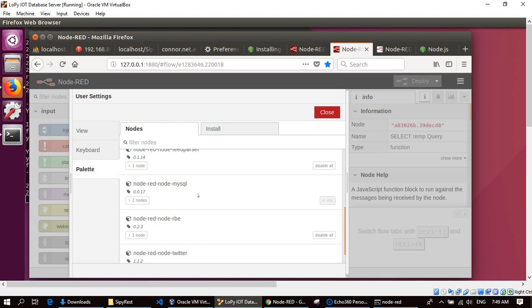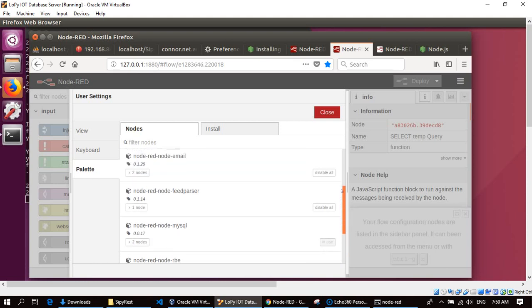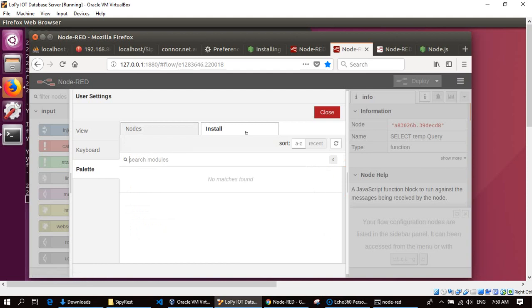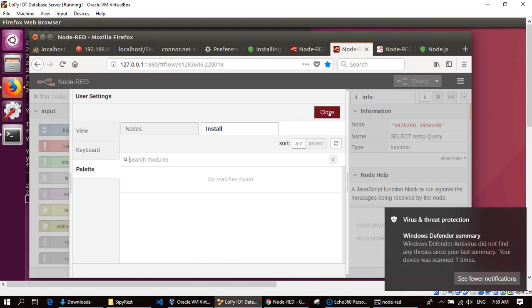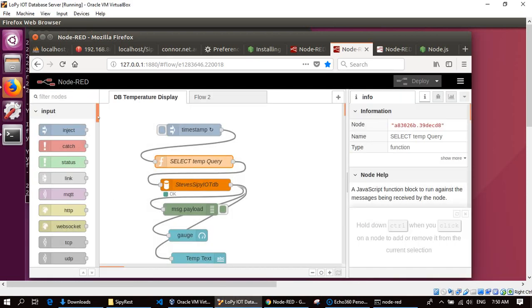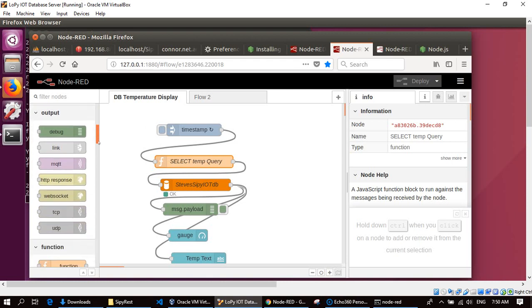What I installed was Red MySQL. The other one I installed was the dashboard support, Red dashboard. So I installed these two. By going into Install and then searching for dashboard and searching for SQL, and selecting the correct one, using the palette, I've installed both of those into Node-RED. Okay, so what this gives me in addition is